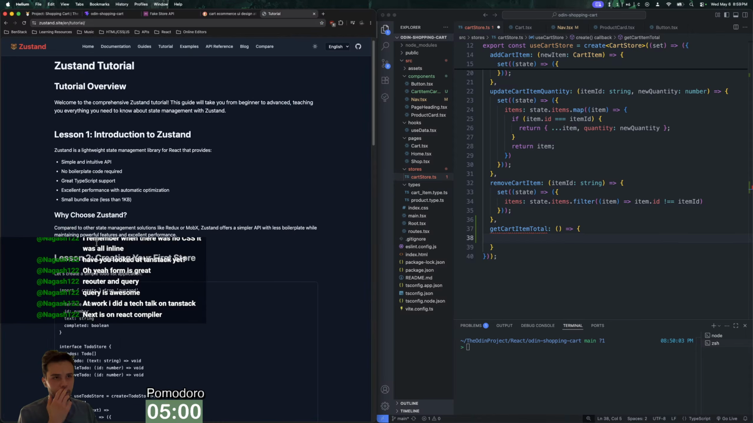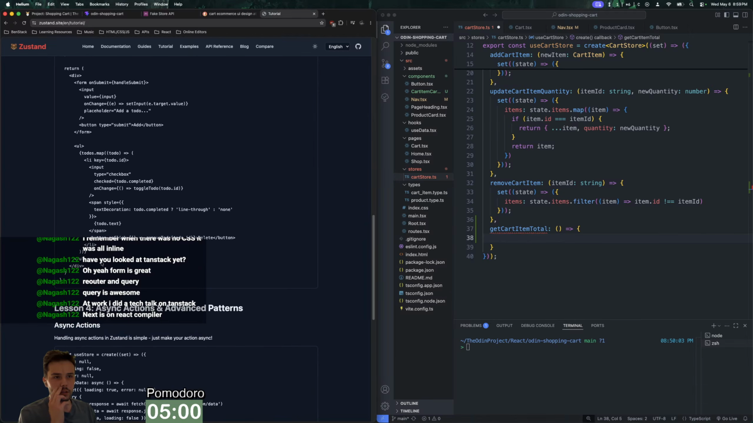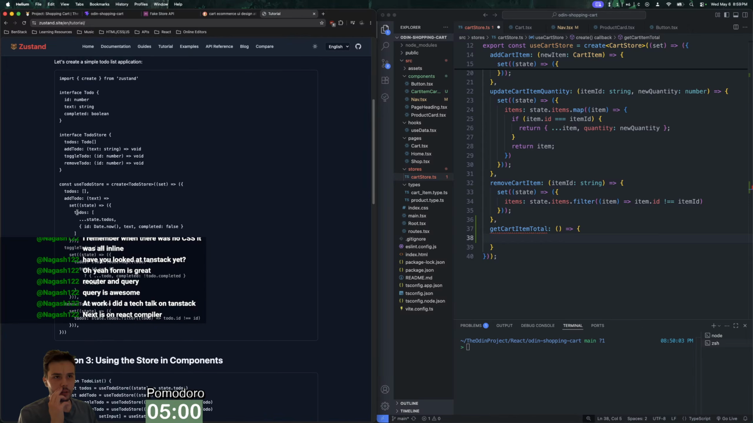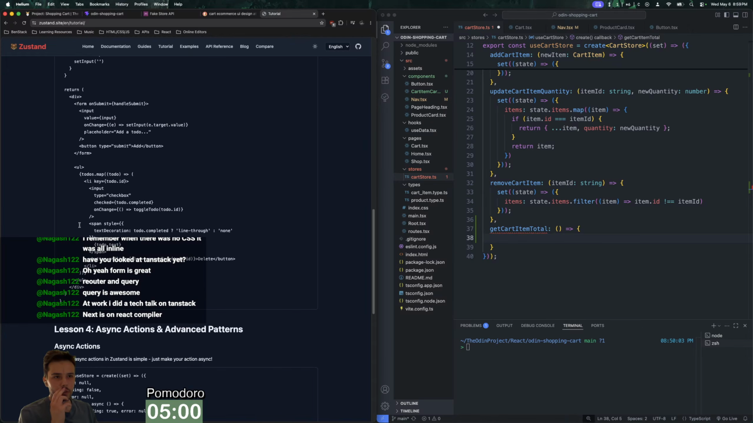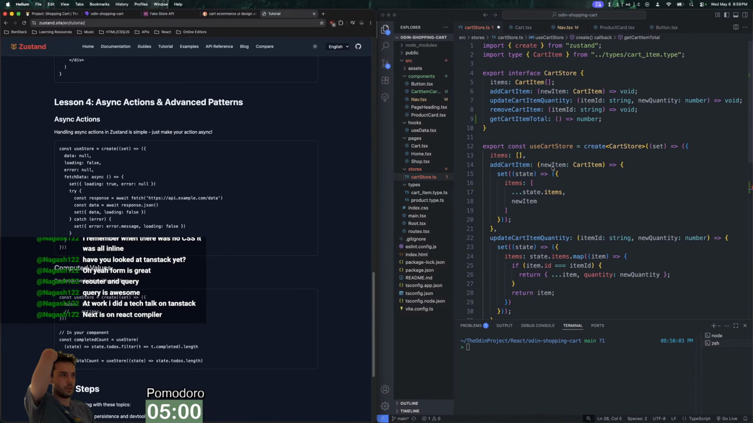This styling is dog shit. Okay, it's async actions. I guess there's no set, so it's all set here. I guess it doesn't need to be set. Because I kind of want to go through the